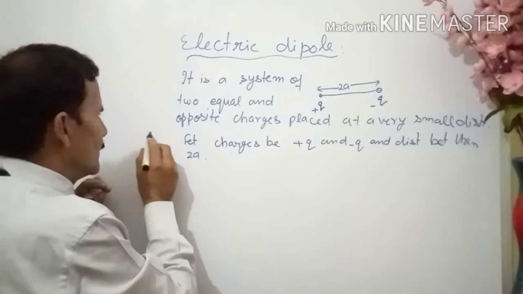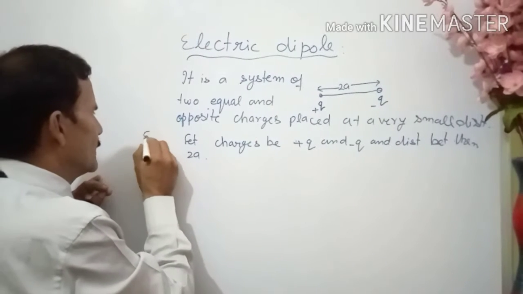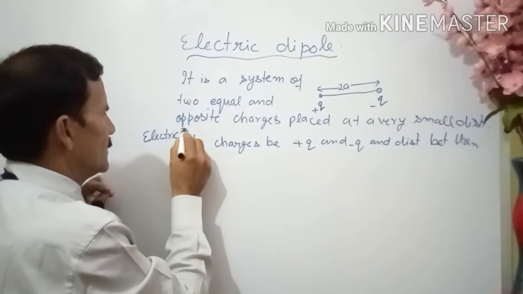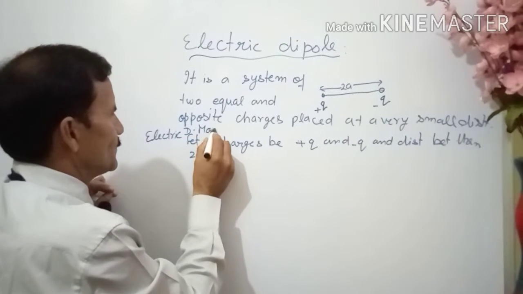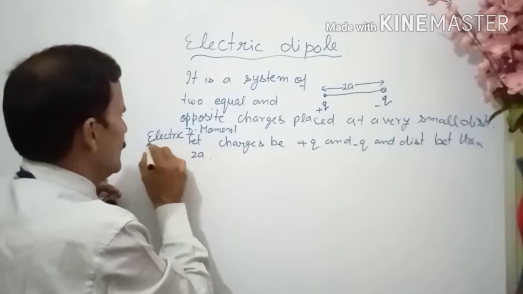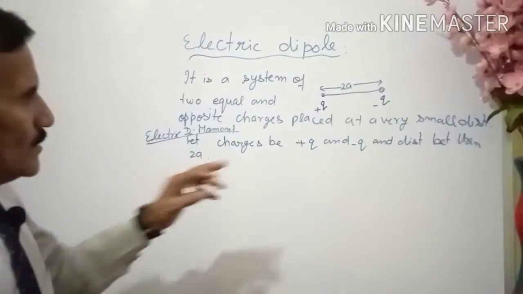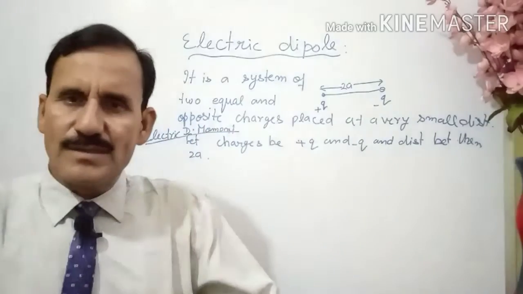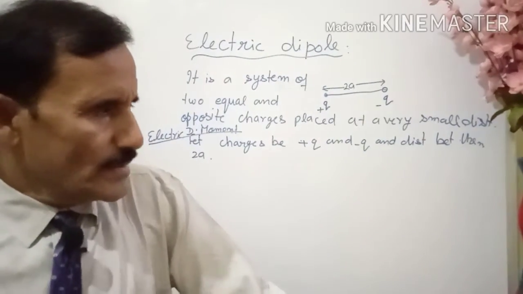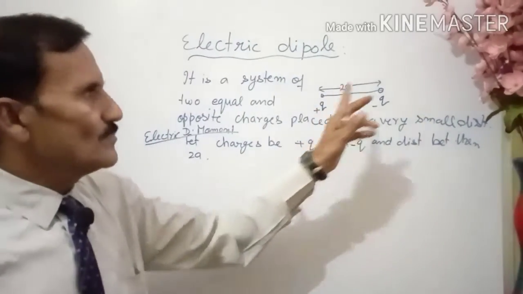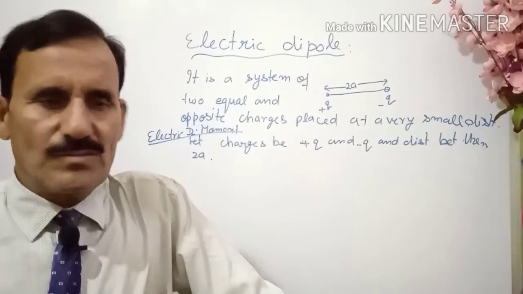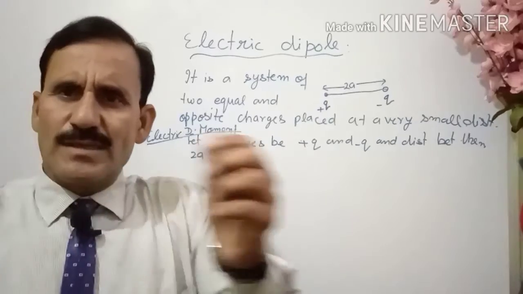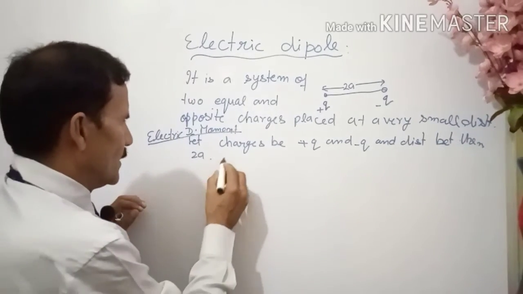Suppose we are defining here the electric dipole moment. That is important. Suppose these two charges are placed at a very small distance 2a. Then the product of the magnitude of charge, the magnitude of both is the same, into the distance,